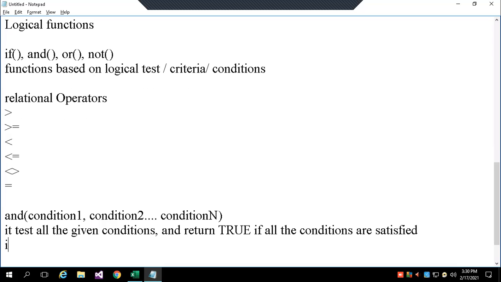It returns false if any one of the conditions is not satisfied.